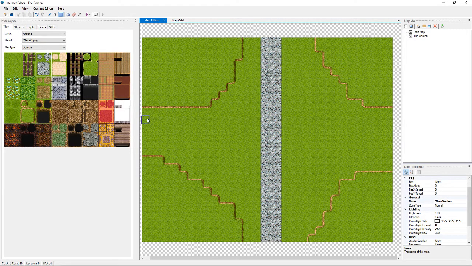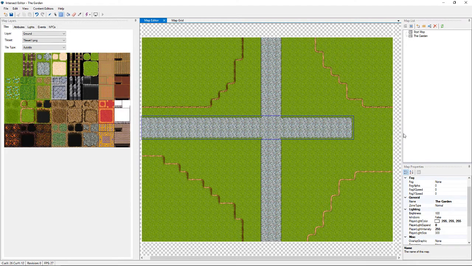Let's do the same thing over here on this side. Bring it across and drag it down. That'll give us kind of a triple walkway. When our character comes on, he'll be able to walk through the middle, top, bottom. It'll just look really good. And then go ahead and let's kind of give the center